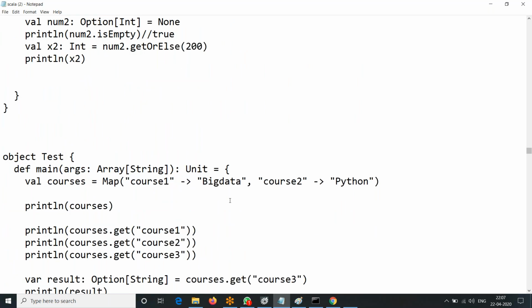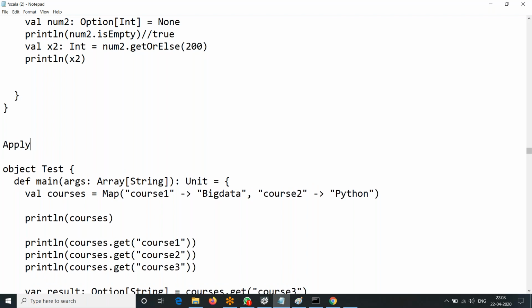And last use case, applying pattern matching with option. Let us try to do some pattern matching with the option, how it works. This is also one famous use case in real-time scenarios. Maybe we don't directly use real-time code, but we are trying to understand how it works with the simple use cases here.